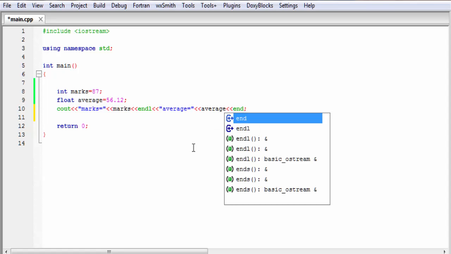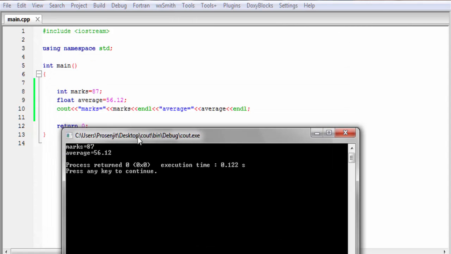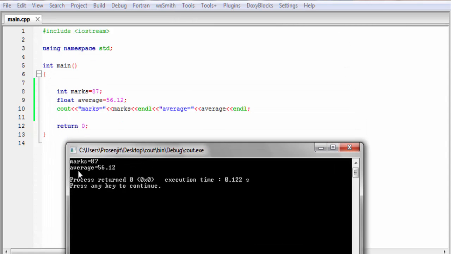Let's check the output, build and run. In this case, we also get the same output, marks equal to 87 and average equal to 56.12.